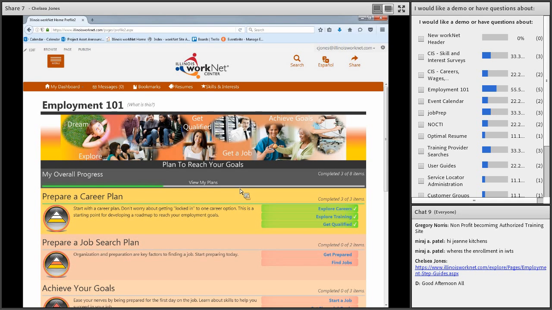I'm going to move on to the next item, and we have quite a few items that had the same amount of votes. I'm going to start from the top, and the first one is the CIS Skills and Interest Surveys. So again,